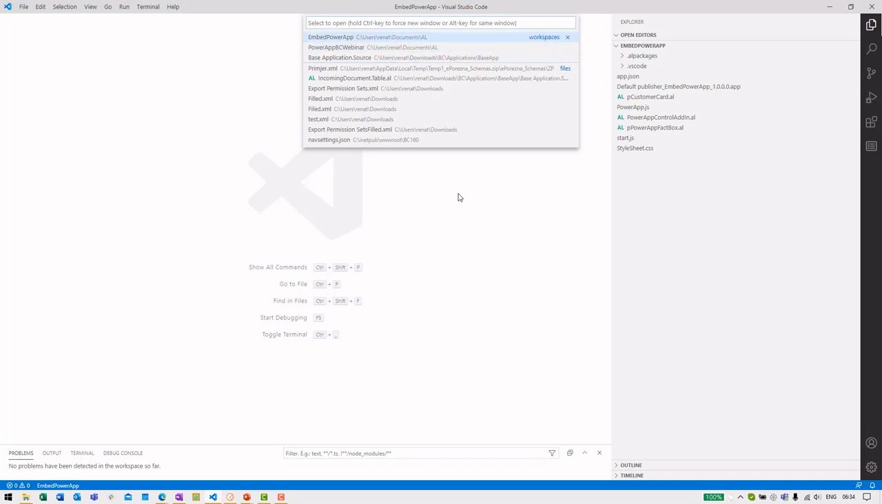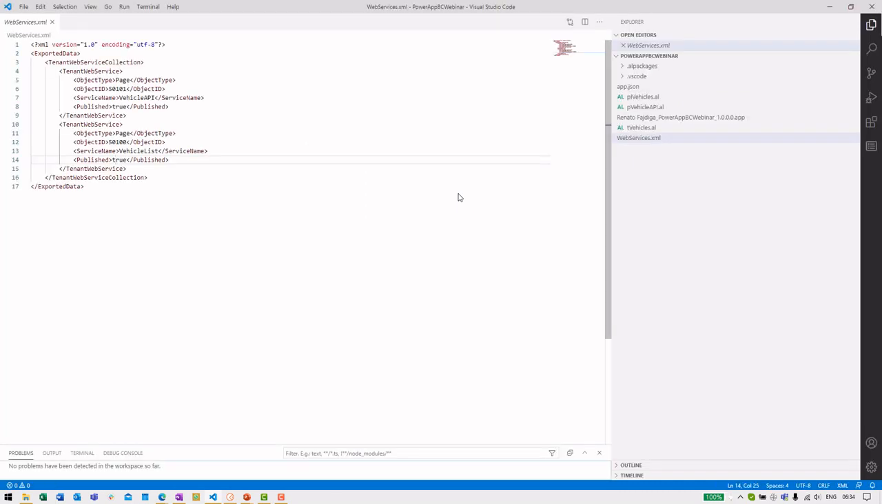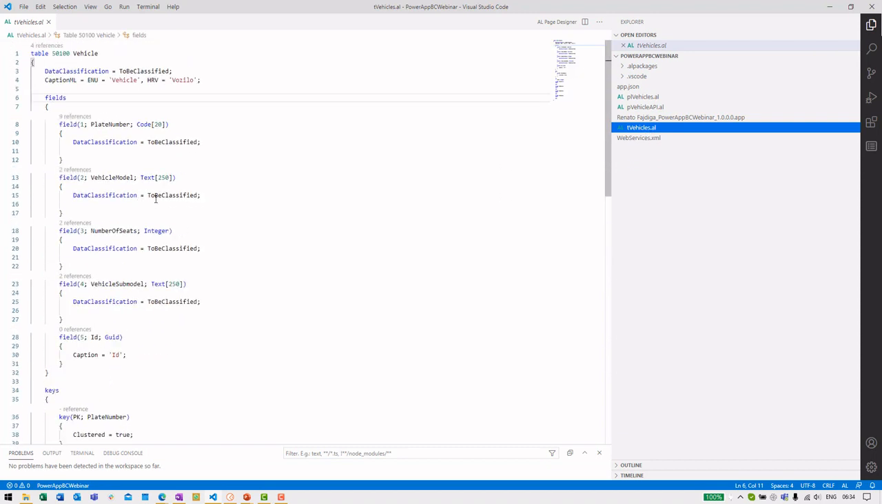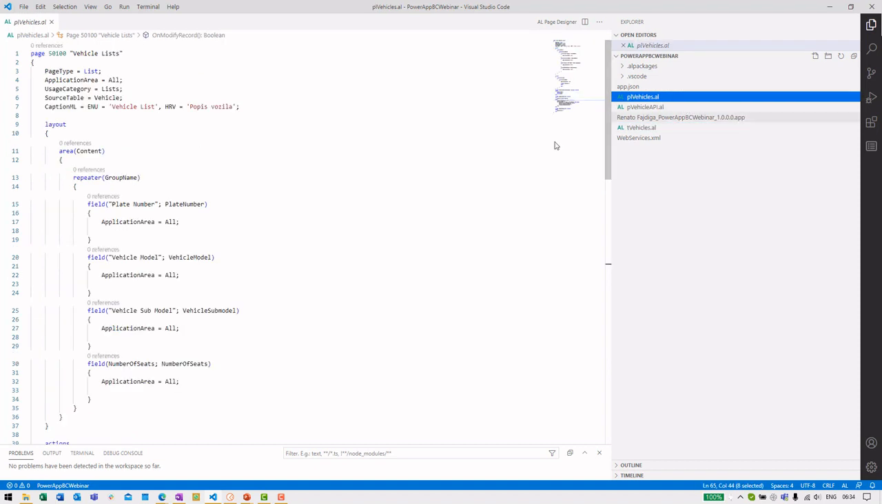And I will open the Power App. So here I created one table where I will store the information about the vehicles. So this is my table, as you can see, and here I will store the data about my vehicles. I here also create one page where I will track all these vehicles, so the list of my vehicles,